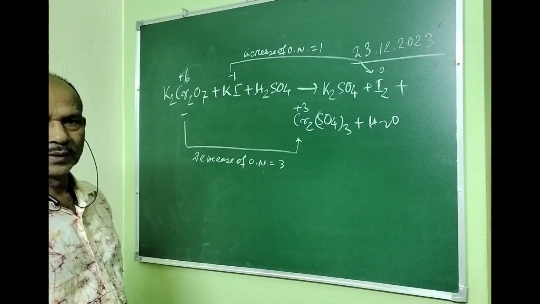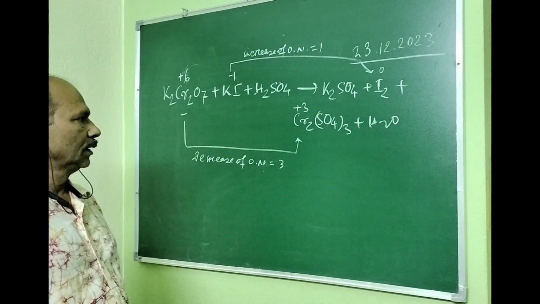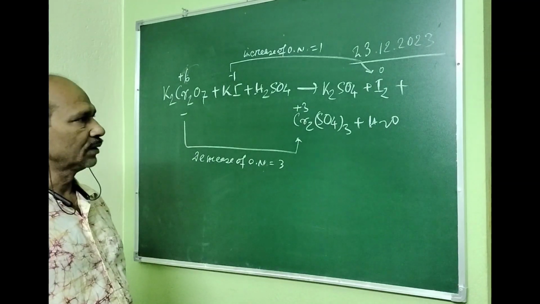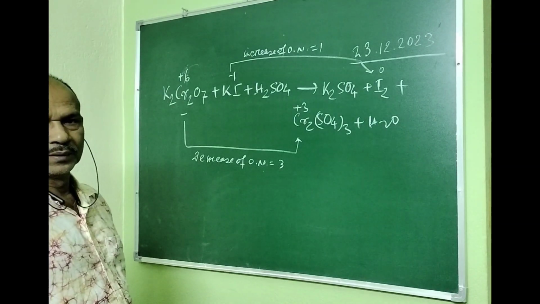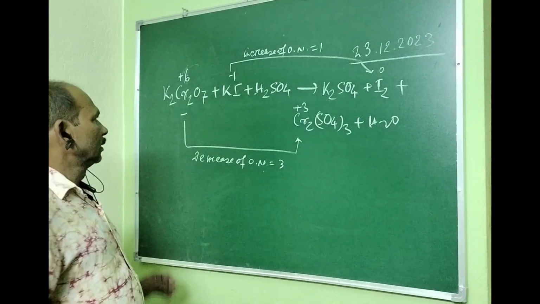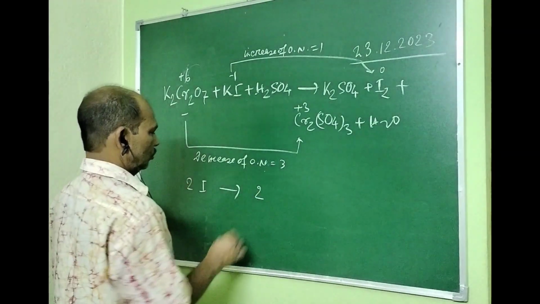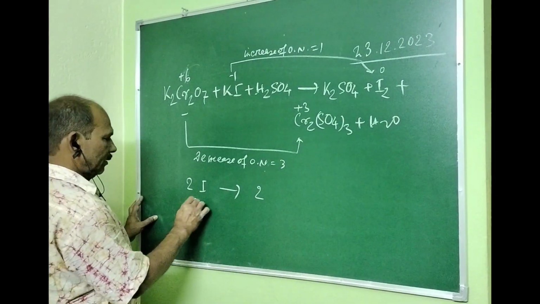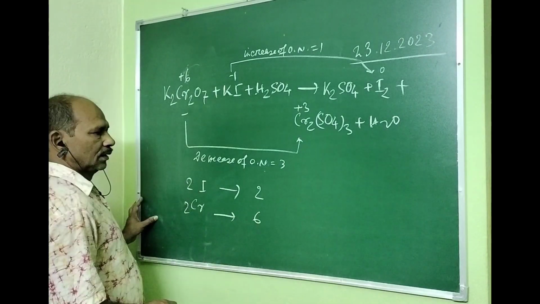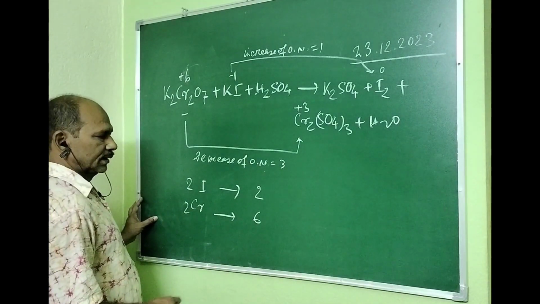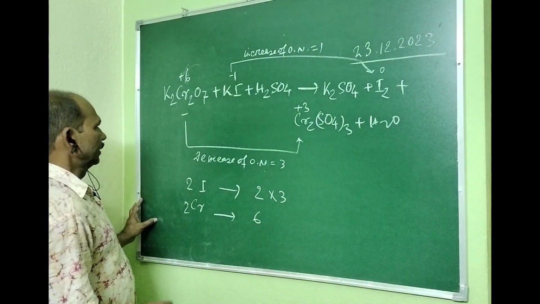But to get one molecule of chromic sulfate, you have to use 2 chromium atoms, and to get 1 molecule of iodine, you have to take 2 potassium iodide. So 2 iodine increase 2, and for 2 chromium atoms, the decrease is actually 6. Increase and decrease of oxidation number, you have to multiply here by 3. So the balance equation will be